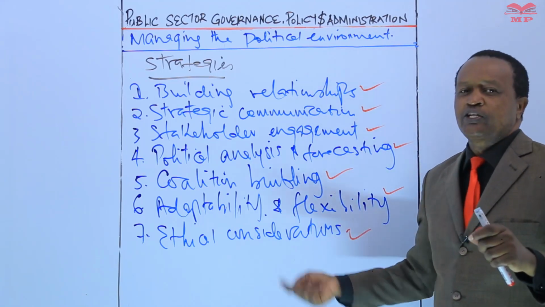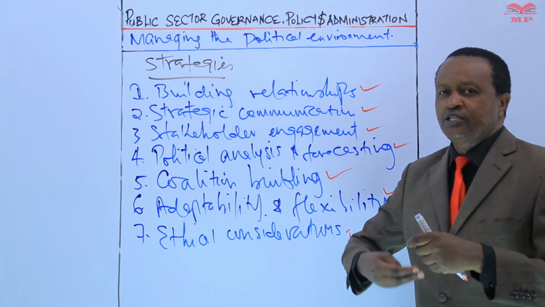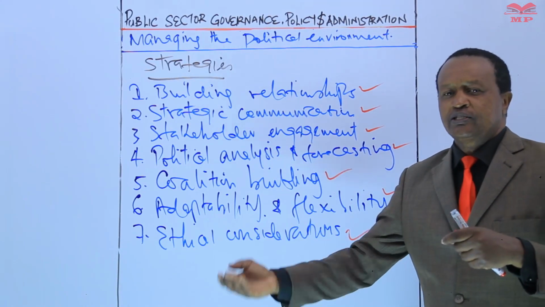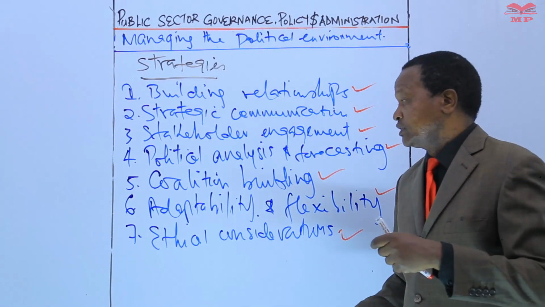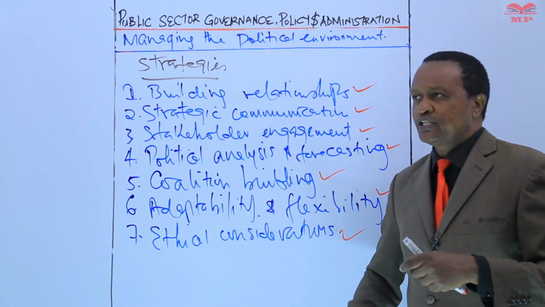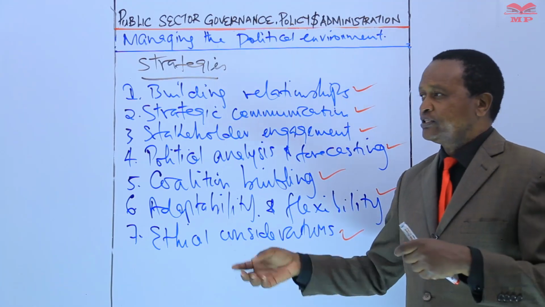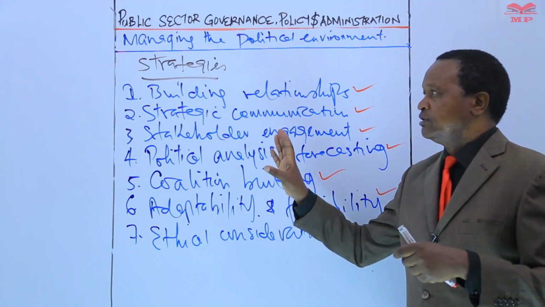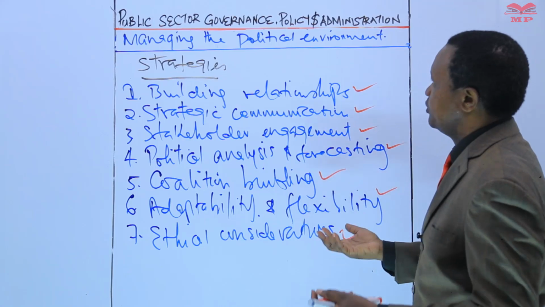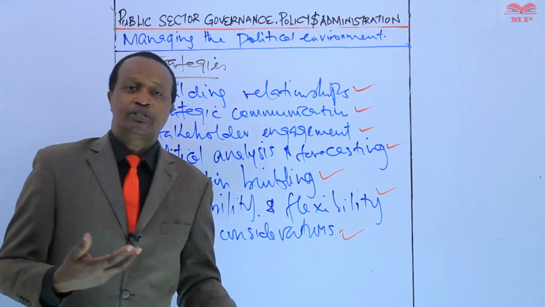So managing the political environment is an ongoing process. It is an ongoing process for public administrators that requires continuous monitoring, continuous adaptation, and continuous engagement with the stakeholders, because the political environment is always evolving, and therefore monitoring should be continuous. Adaptation should also be continuous. As things change, as the environment changes, these policies should also change. And when that happens, then managing the political environment and meeting the needs of the people may be possible.